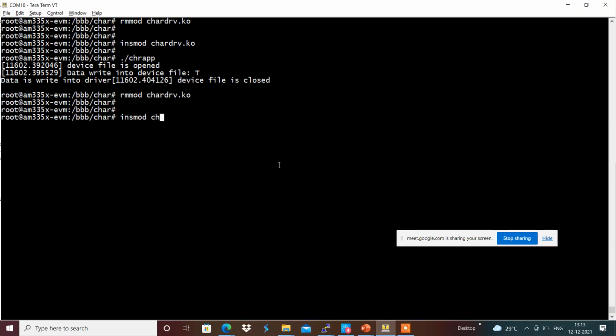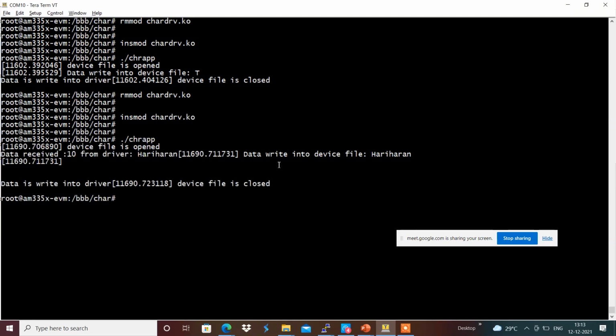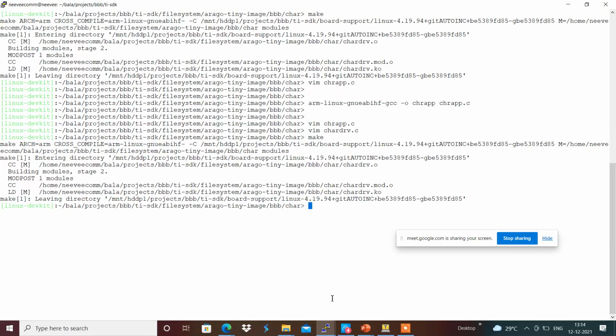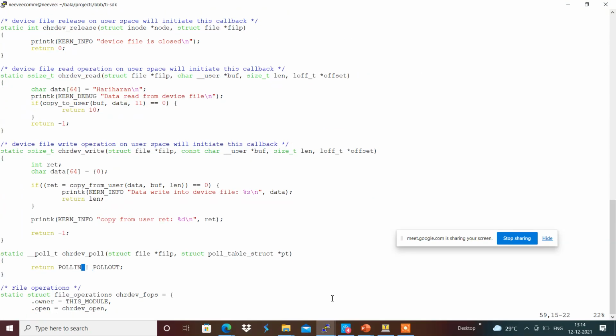For example, poll is the event that we will see in linking with the real-time device in the upcoming session, whether the data is present or not. If there is data present on the real device, we will provide the flag for data available to read from the real device. Then we will set the polling flag, and if it has room to write, we will enable the poll out accordingly.